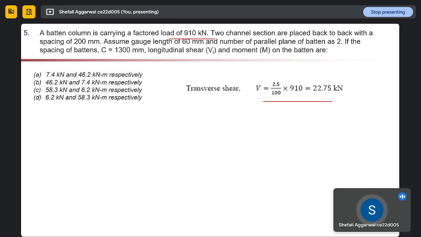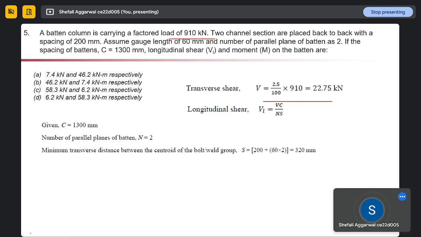So axial load is 910 kilonewton. Then we can calculate our longitudinal shear. Same formula, VC divided by NS. We have calculated V as 22.75. C is already given as 1300 and number of parallel planes N is given as 2